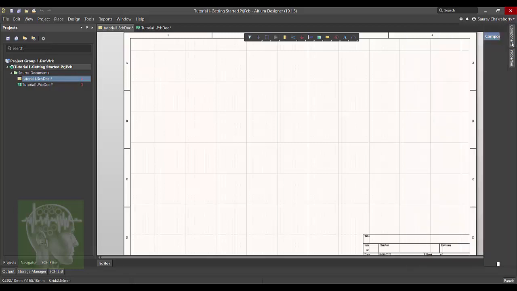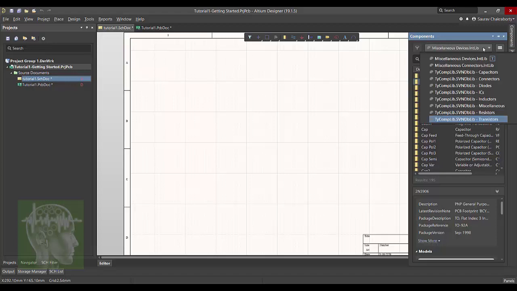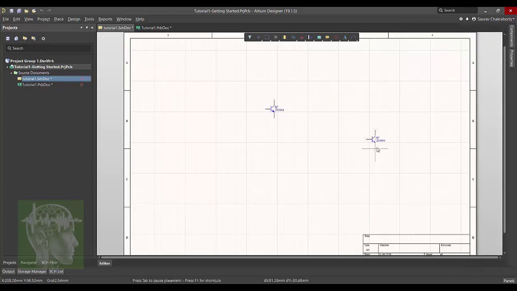If you select component, there are multiple libraries, which is very strong for Altium. In Altium, you'll get big libraries of many different kinds of components. So if you click, you can see general, miscellaneous devices, capacitors, resistors, connectors, ICs, many things. So suppose I selected a PNP transistor and you will get the symbol right away there.